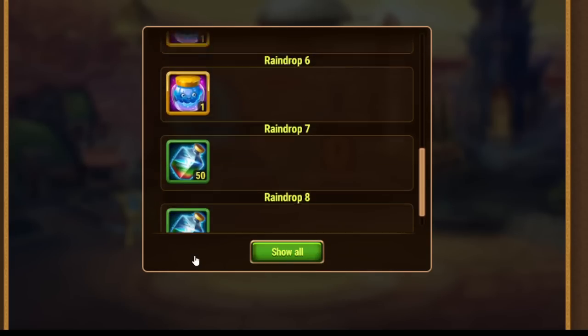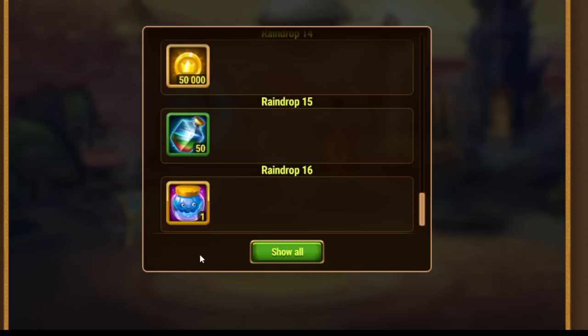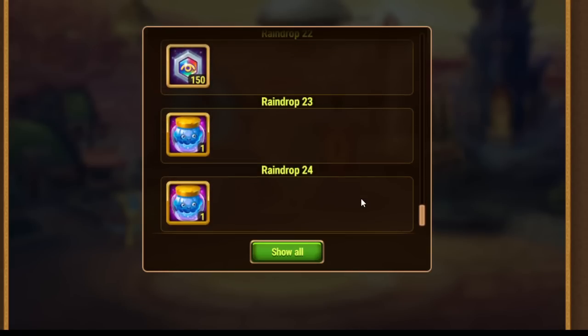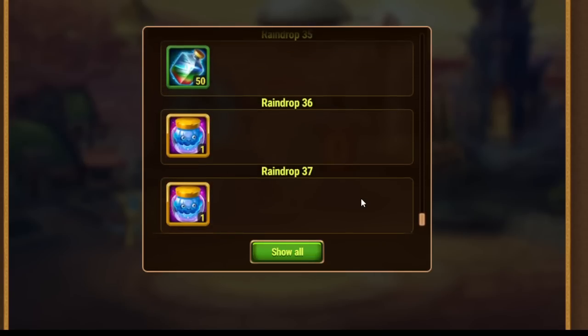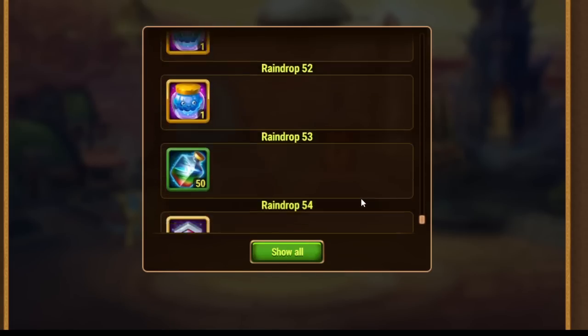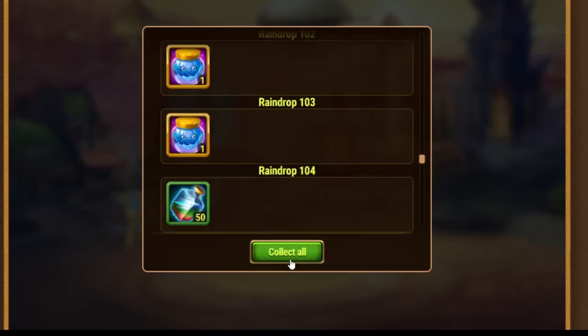And I would like to highlight that those rewards allow you to get skin stones for your titans, which in turn allow you to get more levels. And that means you can get more quests done. So the more you do, the higher results you get, and the more quests you can do. The event kind of fuels itself. Okay, so that's the rewards you can get from Raindrops. As you can see, this stuff is generally